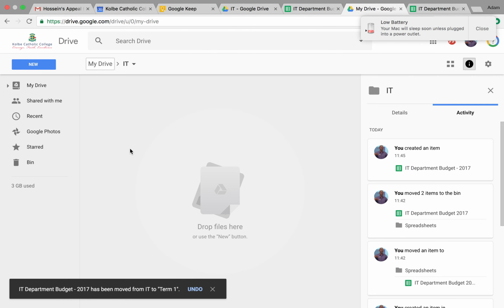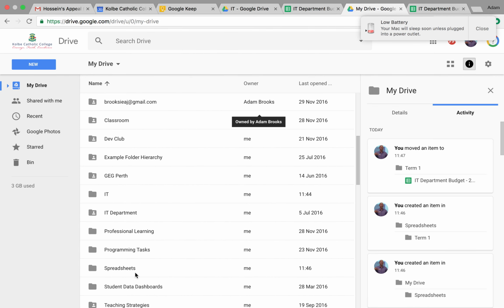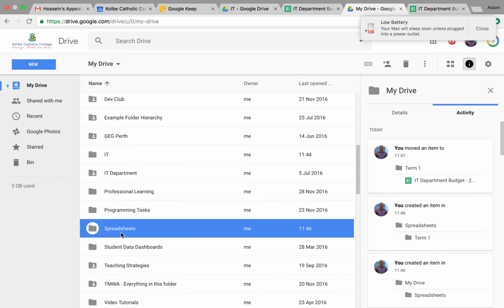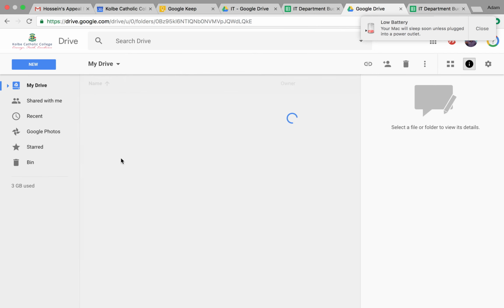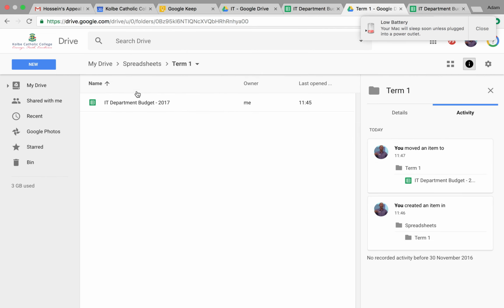So if I go to My Drive, I find the Spreadsheets, and inside of there we created a folder called Term 1. We should be able to see our file there. So that's a quick run through of how to